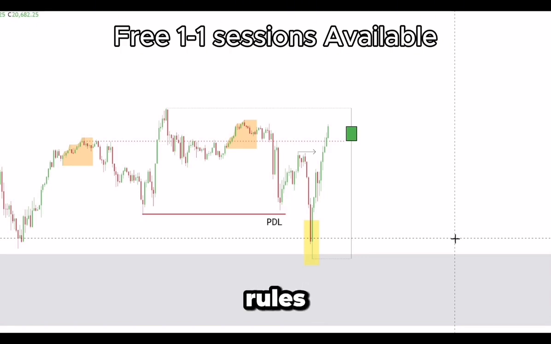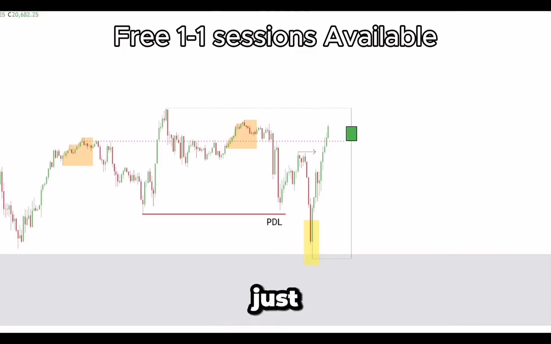These are the mechanical rules I teach within Price Action Labs that you can apply to NQ, ES, US 30, or just about any other market you want to trade, right? This is how the market works. Liquidity to fair value gap, liquidity to fair value gap, paired in with PD arrays, understanding time and price. Time and price is simply buying below an opening or selling above an opening. That's all you need to understand. So if we just play price on,